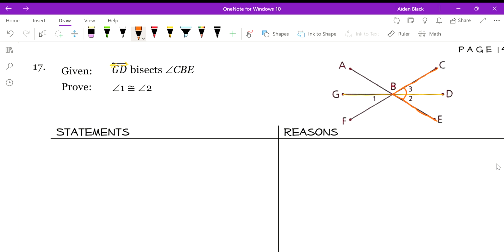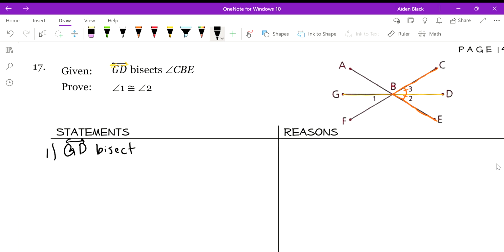So this angle is being bisected by GD, which means by definition of bisects, it cuts that into two congruent angles. So let's just start out once again with our given GD